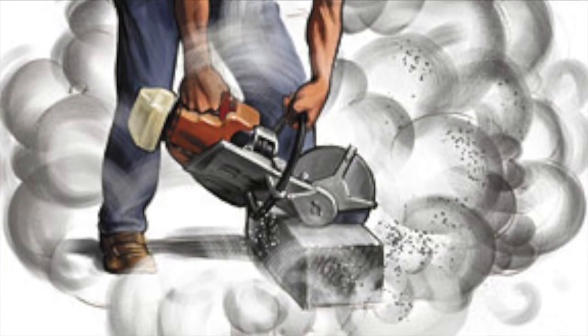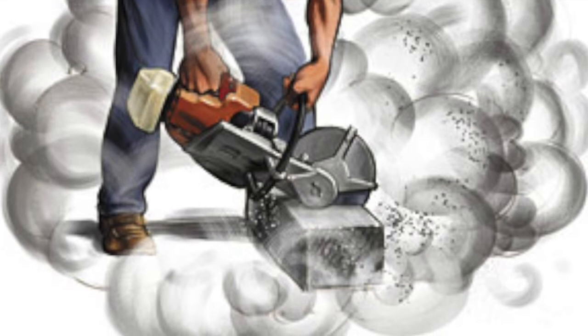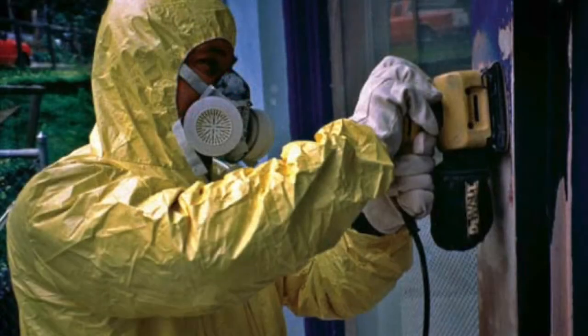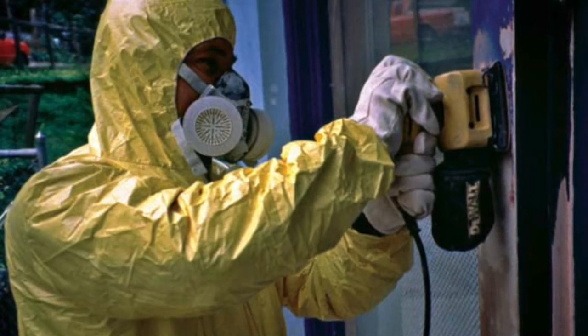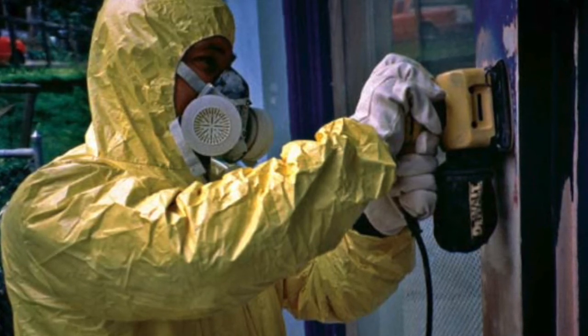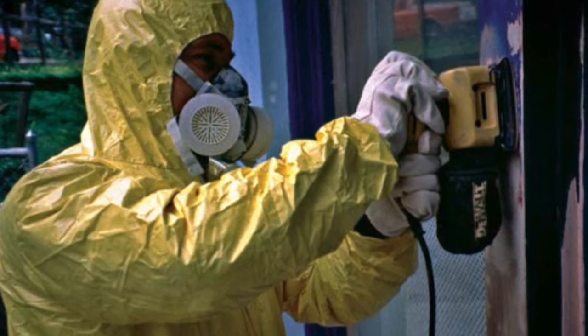Well, it's an interesting phenomenon, this silica thing. I think that in the old days, people used to think, well, if you're grinding on a piece of concrete, you should have on the proper protection, and that these dust particles that have silica in them are contained, so you have to have the proper mask on and filters and so forth. But the real truth of the matter is there's silica anytime you penetrate concrete of any type, whether you're drilling,